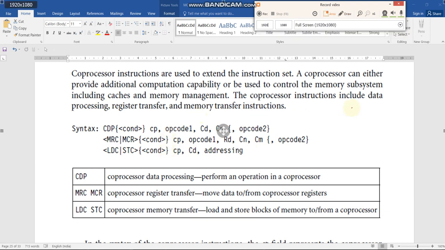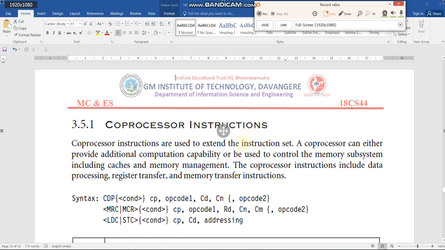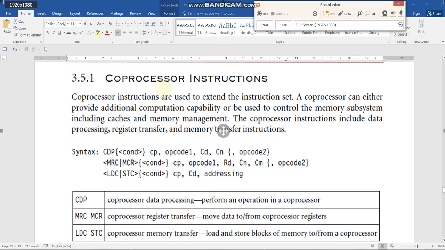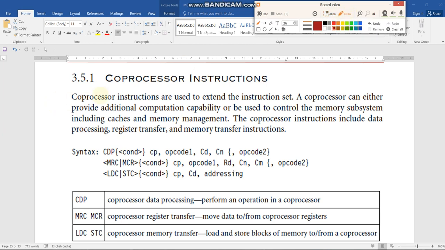Now consider the next, the coprocessor instructions. In the first module, we went through one of the special features of the ARM processor: some coprocessors can be connected with the ARM processor. These coprocessors can perform some operations for the ARM processor, some arithmetic operations.